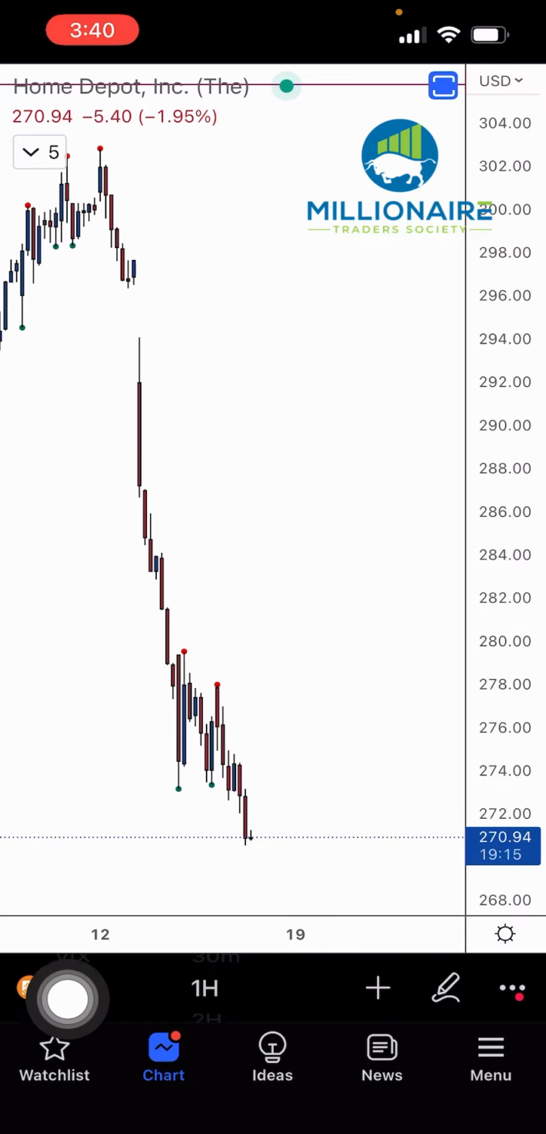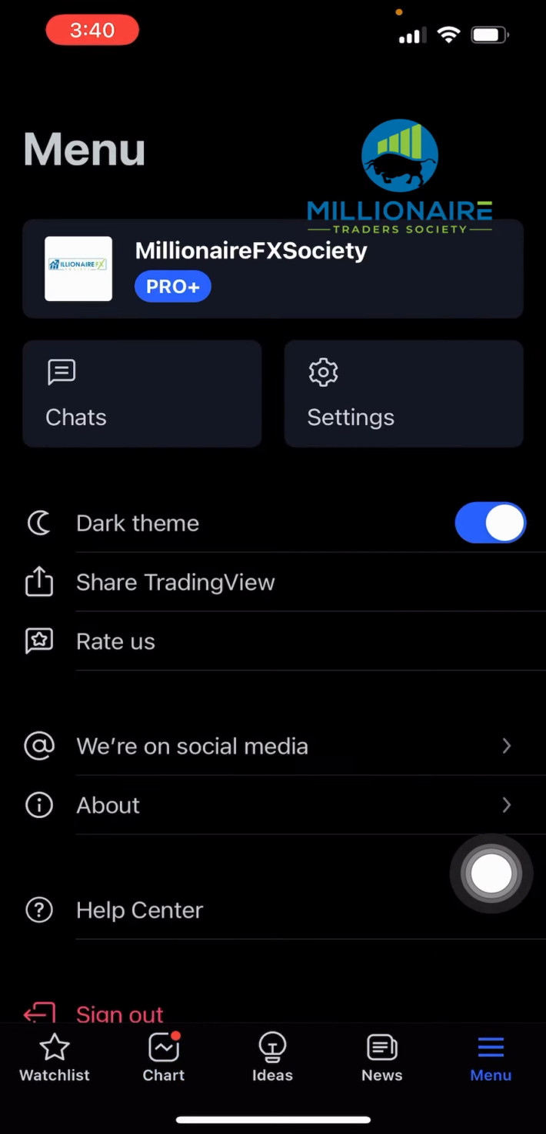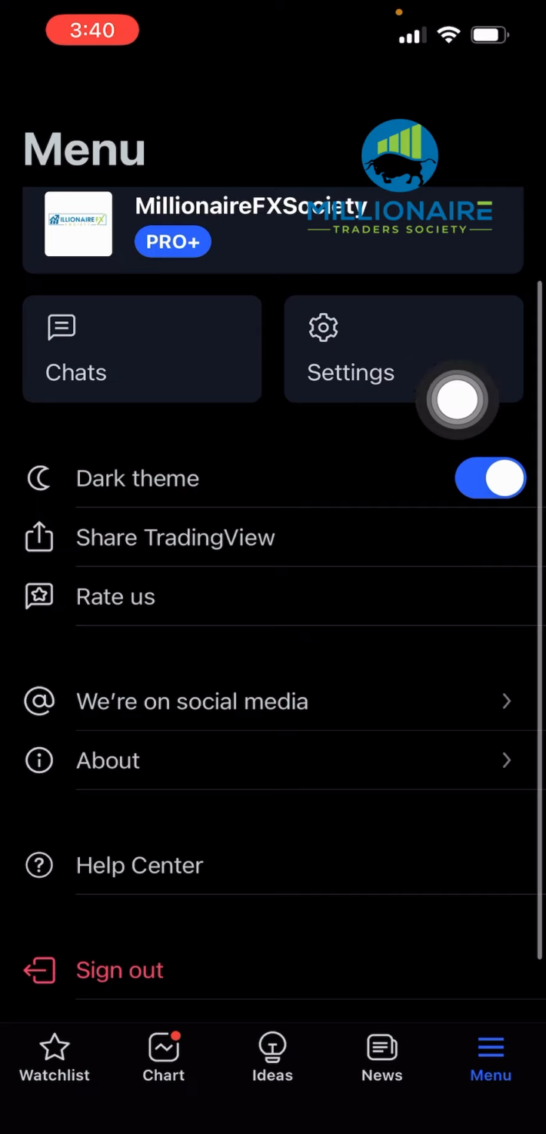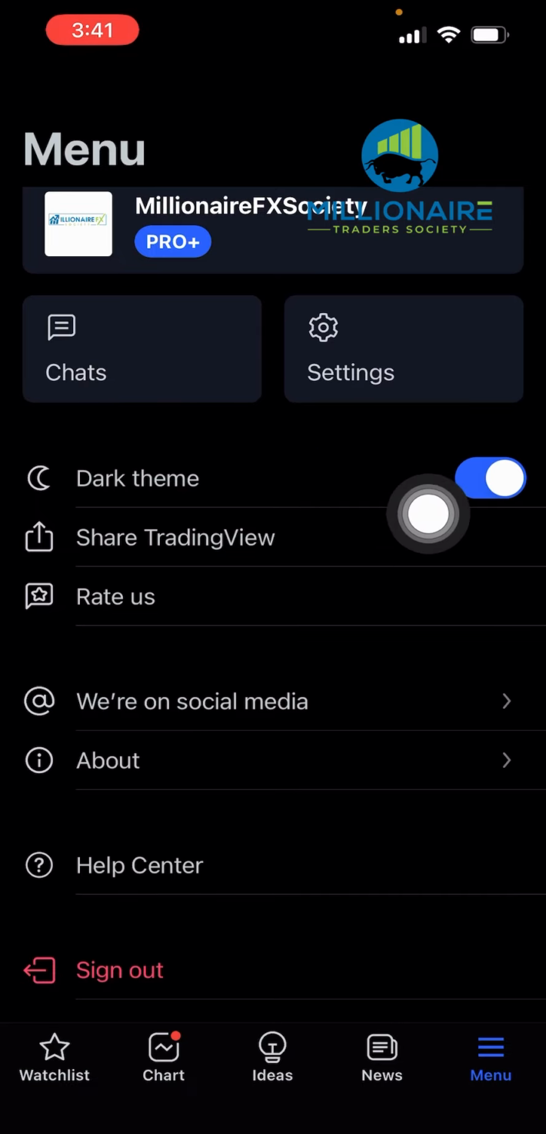So right here at the bottom is where your pair or your ticker is. Your watch lists are going to be on the bottom left. To get to your chart, you're going to use this option here. Any trade ideas you want to submit, news, and your menu. Your menu is basically going to be your settings, any chats that you have, and if you want to change